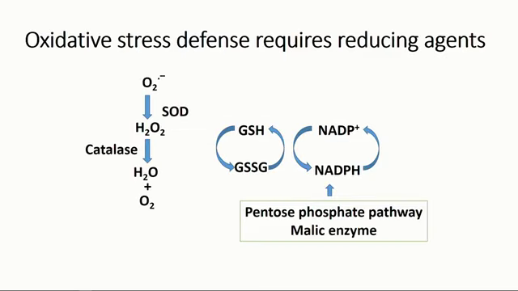When oxidative stress is encountered, there are inherent systems to deal with it. You have superoxide dismutases that help alleviate superoxide ions, and catalase, which removes hydrogen peroxide. Then you also have antioxidants such as glutathione, which can be recycled using NADPH, via glutathione reductases, and glutathione transferases as well to help with other processes in the cell. What we're focusing on is the source of power for this NADPH production.